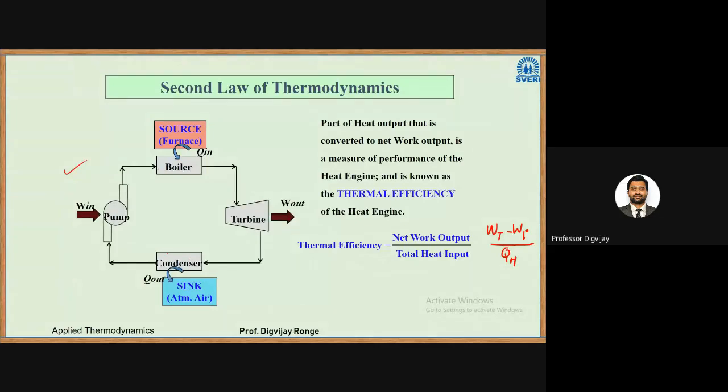Then at this condenser, there is another circuit for the cooling tower. For the boiler, there is another circuit for the ash, coal, and the flue gases. So many other components are also there in a steam power plant. So in this case, thermal efficiency is equal to work output divided by heat input.